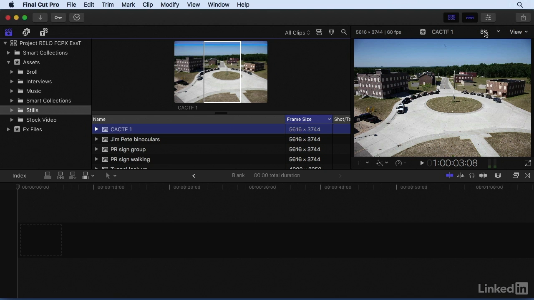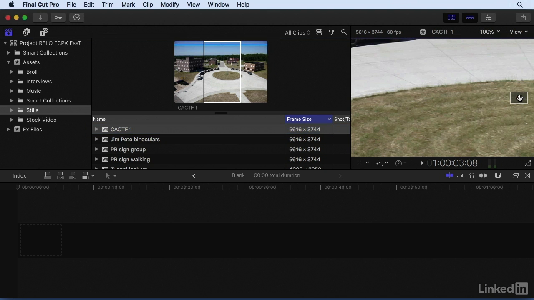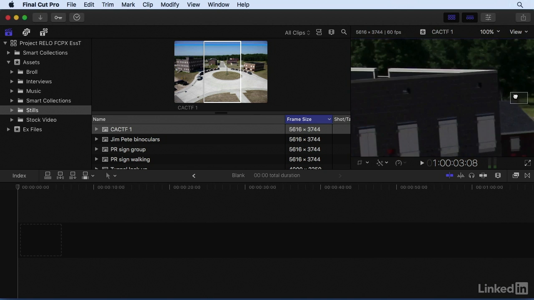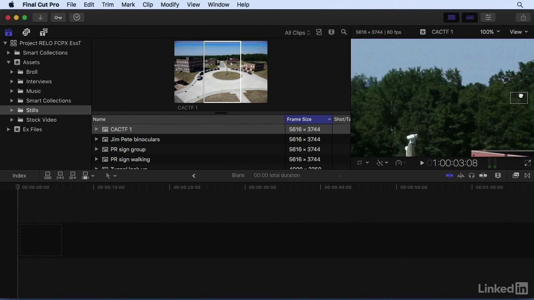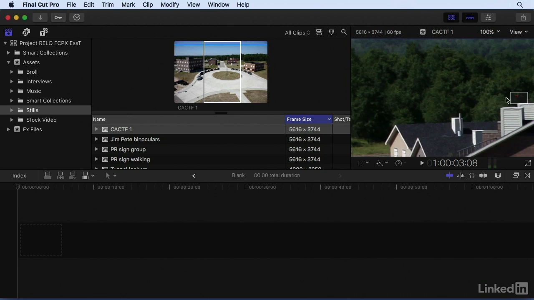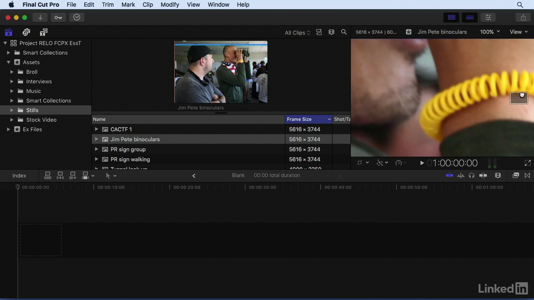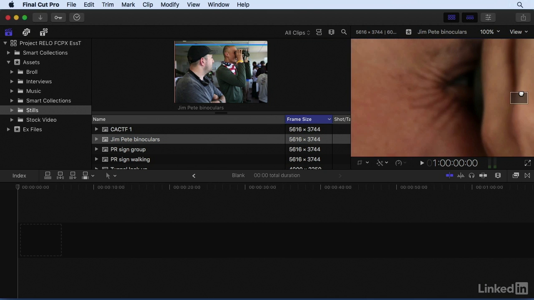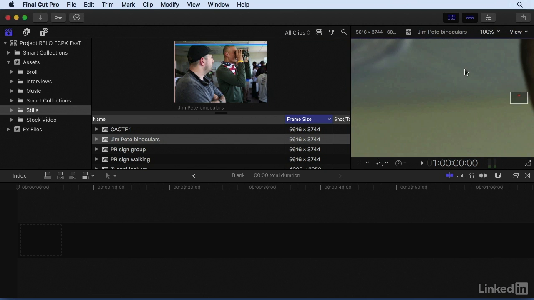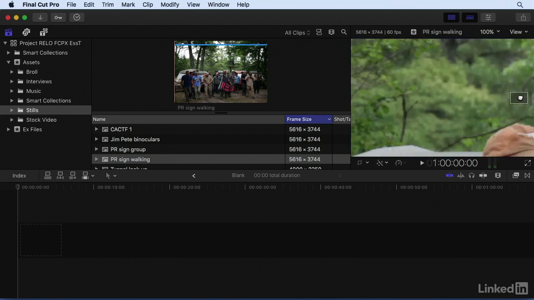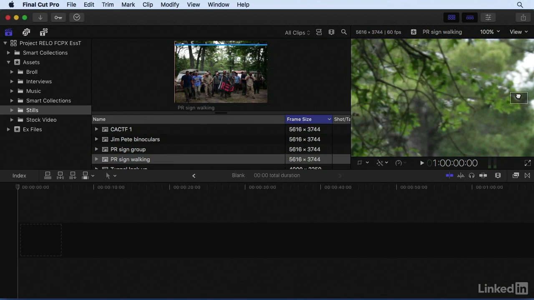If I was to change this from 8% to 100%, now we're really seeing it, pixel for pixel. You can see here that I can drag this little red box around and really pan over the entire image so that I can see all that I have to work with in terms of resolution. As I go through each of these images at 100%, you can really see how much detail I have within still images. And we're not really aware of that unless we look at it at 100%. But today's cameras really can capture amazing resolution, so we really can take full advantage of this in the world